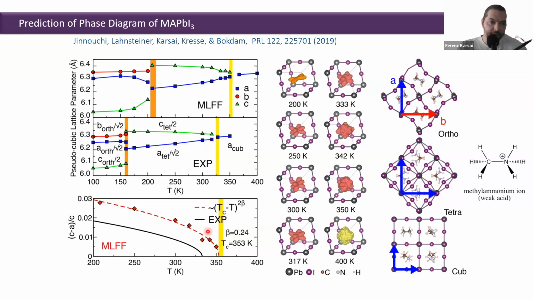Another nice thing related to this, we show here again a Landau curve, so a fit to (Tc minus T) to the power of 2 beta. Again, the offset is shifted, or the Tc value here. But the nice thing is that these Landau parameters are the same for both, so beta equals 0.24. Yes, so this was with the material. This was a PRL. This was one of our first papers for the force fields.